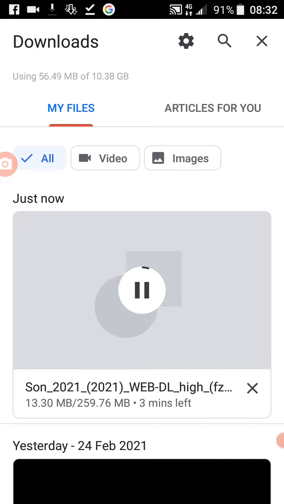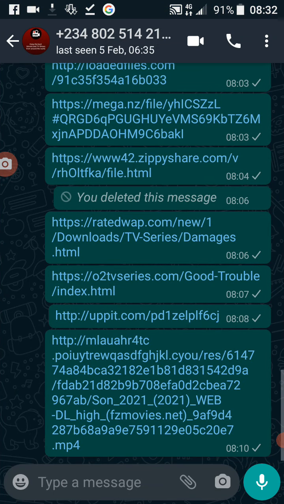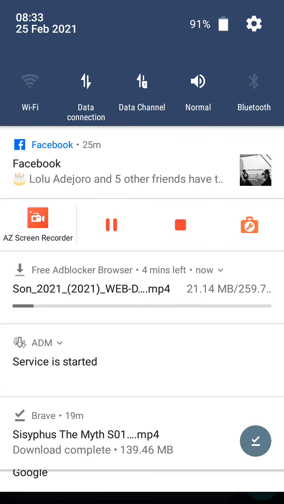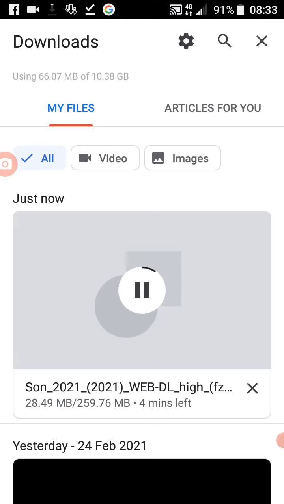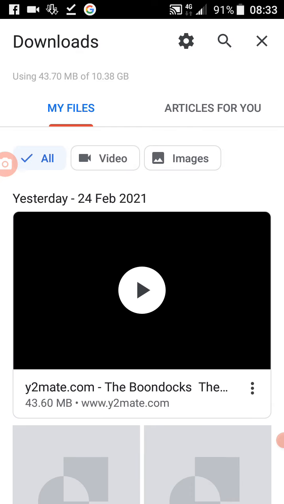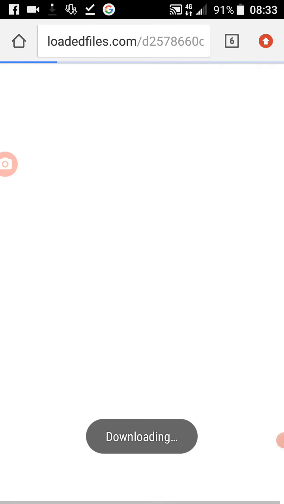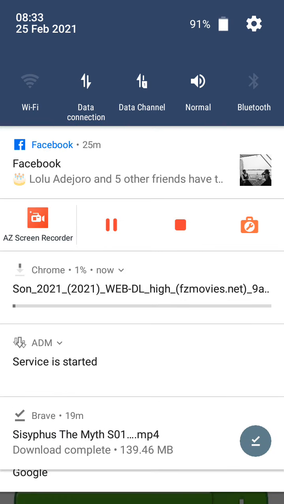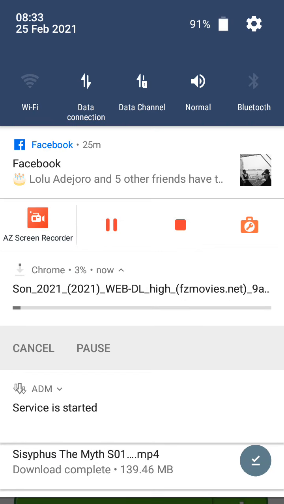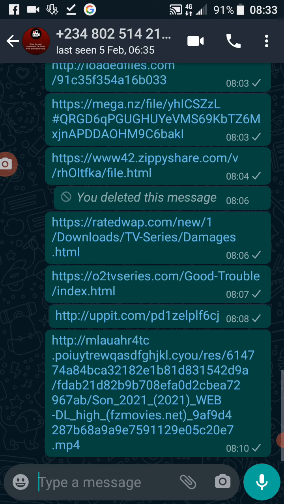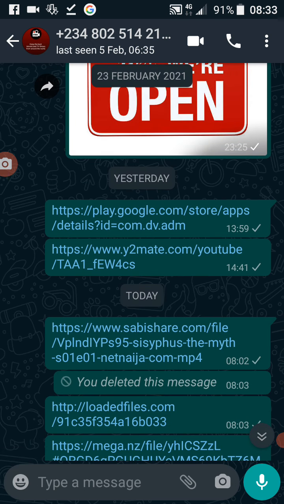It's automatic. If you pick, sorry, it's still downloading. Let me cancel that. More data to waste here. Okay. So, sorry. If you pick, I'll go back. If you pick Chrome, it's going to download automatically. So, it's even downloading. Let me cancel that. Okay. Let's go back. So, that is how to download some of the links on our IFMA Talking Movies.